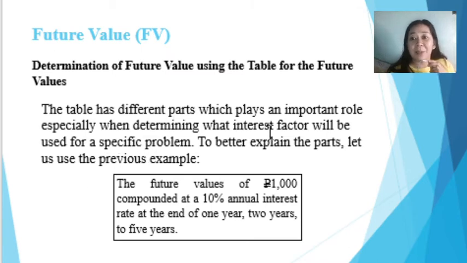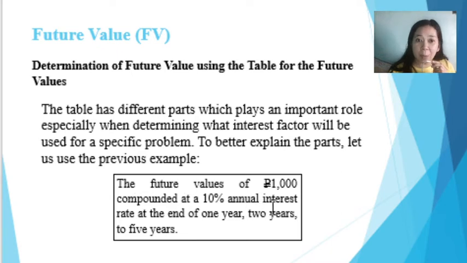The table has different parts as mentioned, and they play an important role, especially when determining what interest factor will be used for a specific problem. To better explain these parts and the steps on how to use this table, let us use the example that we discussed earlier. So again, to repeat,